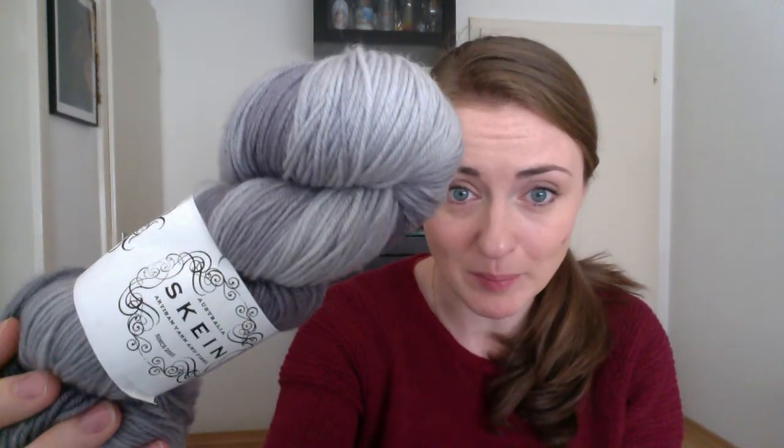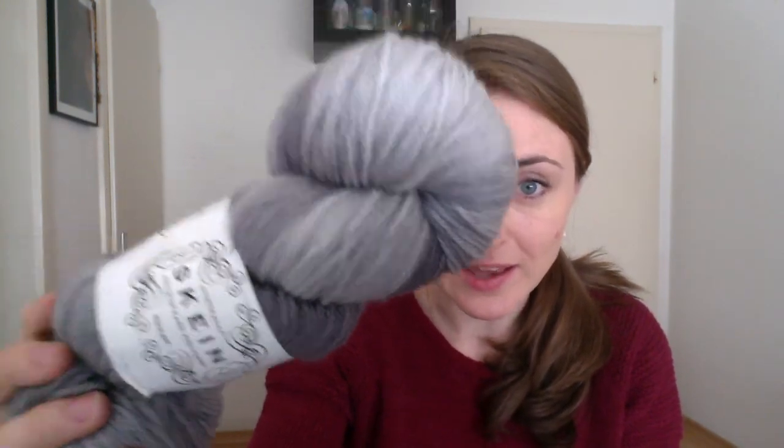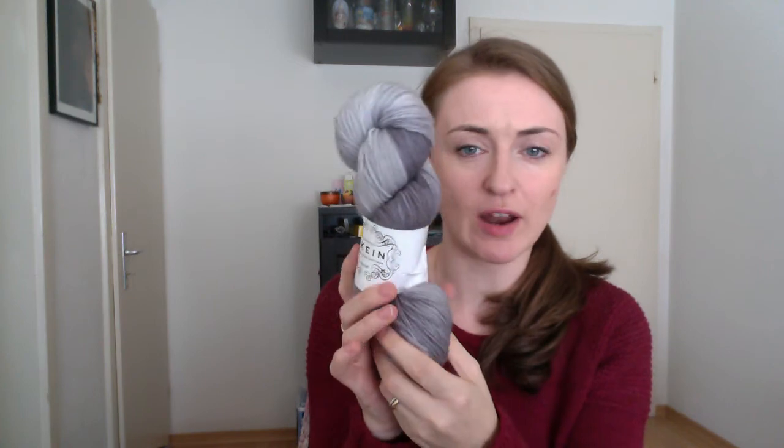So that was amazing. And I also got this skein of Skein Yarn. Skein Yarn comes from Australia, and this is their Australis Sock, which is a 4-ply 100% Australian merino yarn. It's really plump. You can see there, it's really, really squishy. This particular one is called Sterling. The colourway is a beautiful tonal grey, on the lighter side,